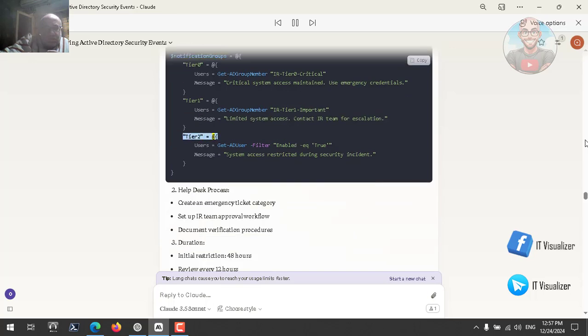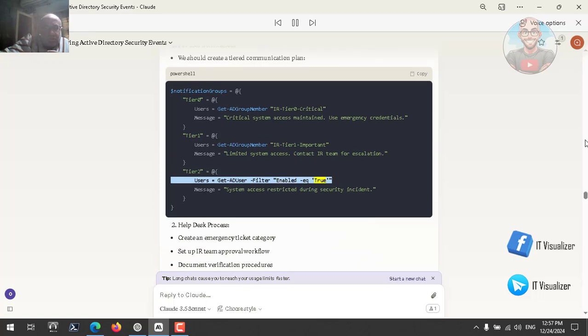Tier 2 = @{Users = Get-ADUser -Filter Enabled -eq $true; Message = "System access restricted during security incident."}